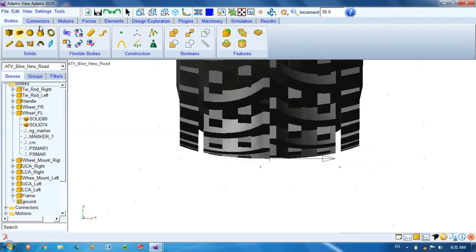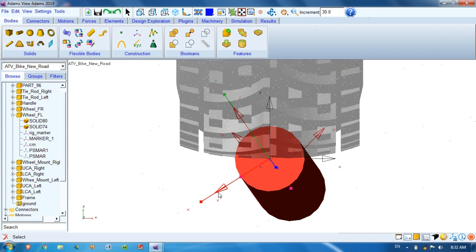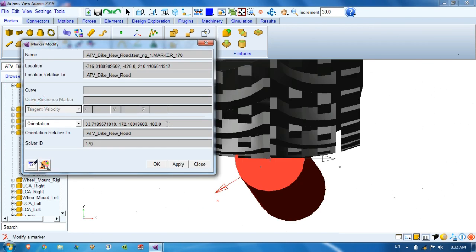Now go to the bodies part, then here we will create a cylinder. For location we will choose this marker, click here, and it is not orienting in the proper direction. So I will rename it test rig, let's say 1.